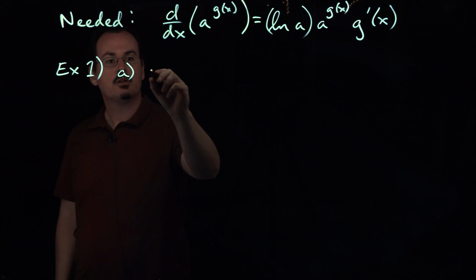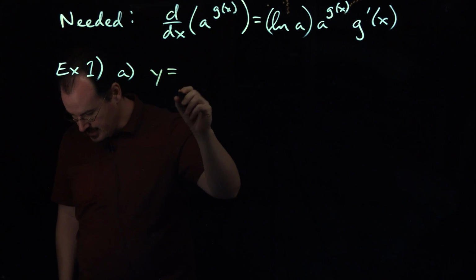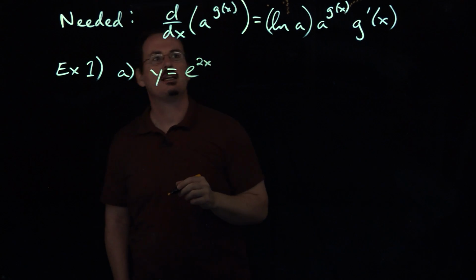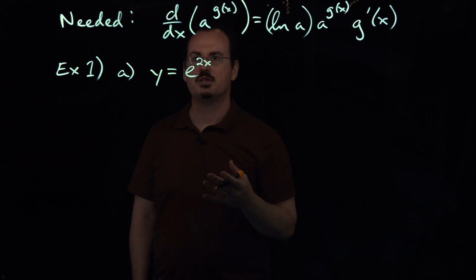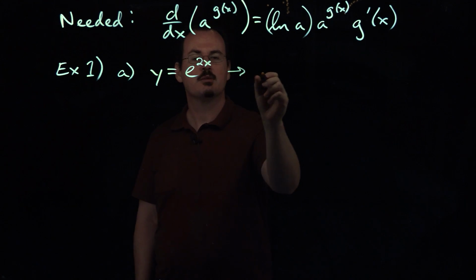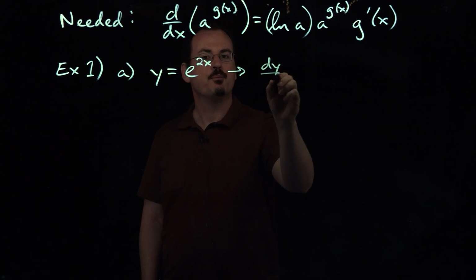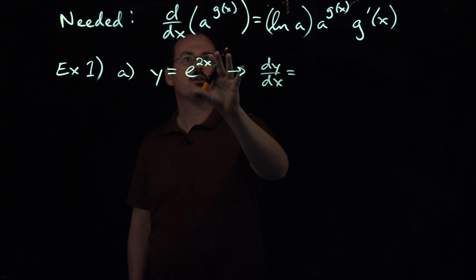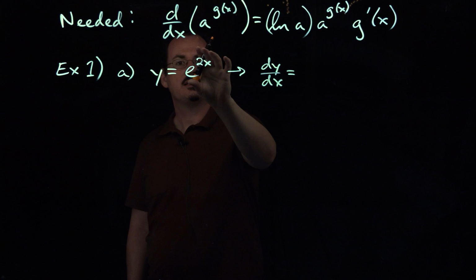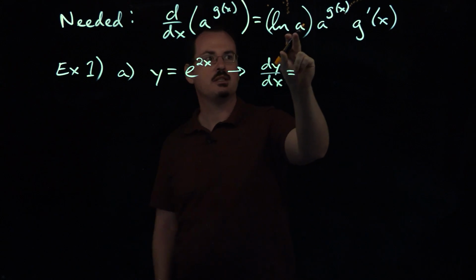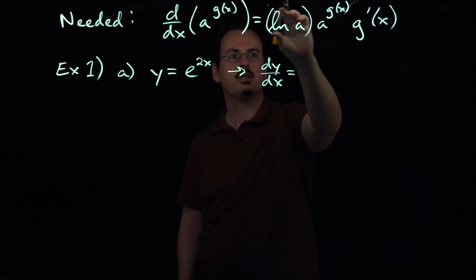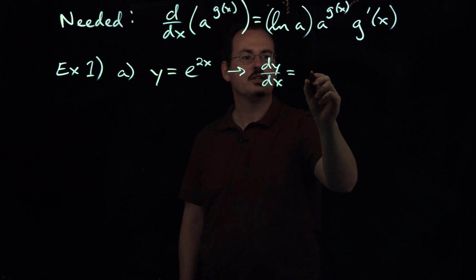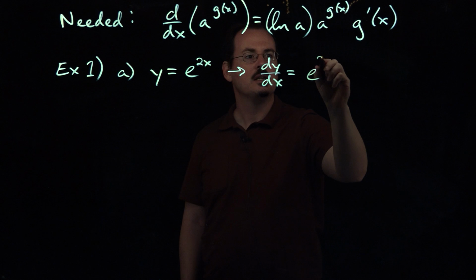So the one that we're first looking at is here. This one actually does have a base e, so e to the power of 2x. So what this is basically saying, and really the best way to approach these problems where you're asked to find the derivative of an exponential function, is the first thing you're going to want to do is just basically copy it. If it's base e, then you just copy it. If it's base something else, then you're going to put that ln of whatever the base is first. So the first thing that you're always going to want to do is just copy it, e to the 2x,